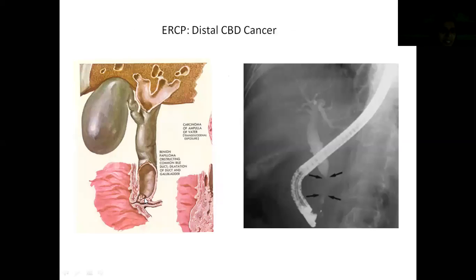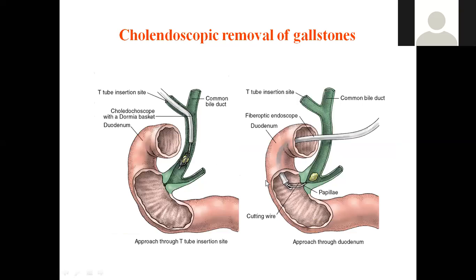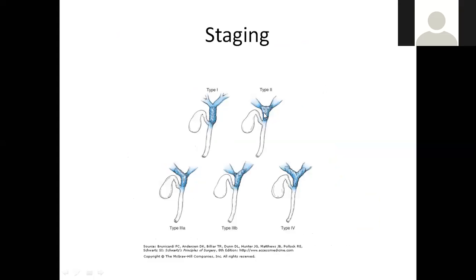Otherwise, in the previous case, it was occluded, no? Common bile duct cancer: how can the bile juice come into the duodenum if it is occluded? The person will have difficulty with digestion of fatty food. So in order to overcome this, generally we undertake stent placements. Now, with that same technique, we can also remove the gallstones. There are different types of cancers, but this is common hepatic duct cancer you are finding, in different stages.